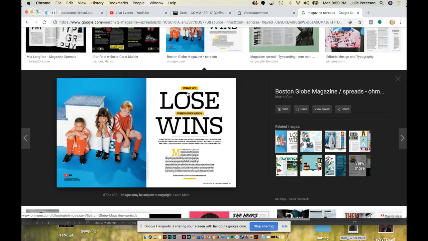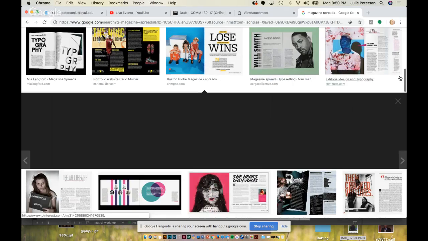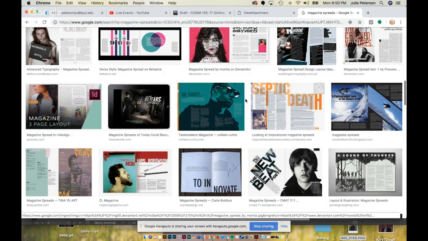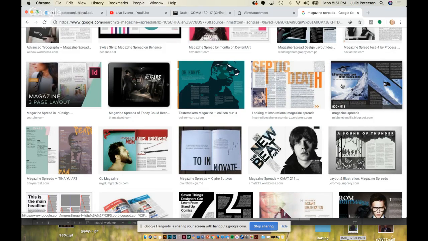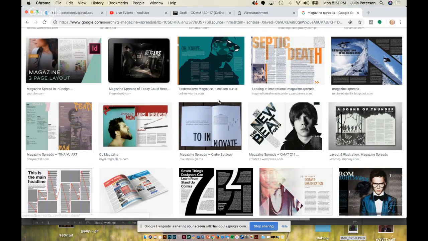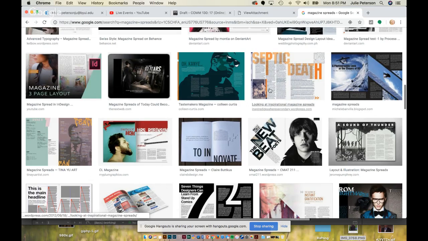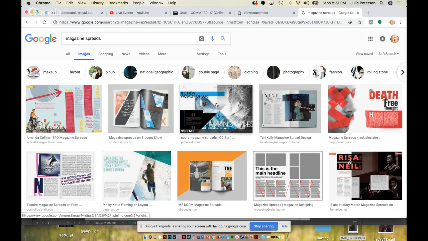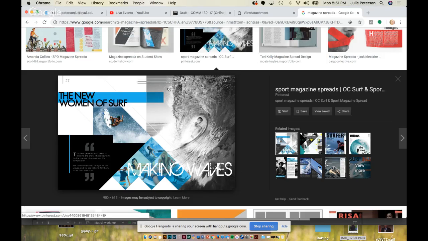And they added a little yellow bar behind it. So I want you to type in magazine spread and just go through and pay attention to their titles and what they've done to make their titles stand out and be interesting, okay? If you'll notice, the main thing with the titles is that they're not all the same exact font, same size. There's something that is different that adds a little bit more interest. I mean, this one is the same, but they added that bar behind it to bring it out, to add some interest to it.